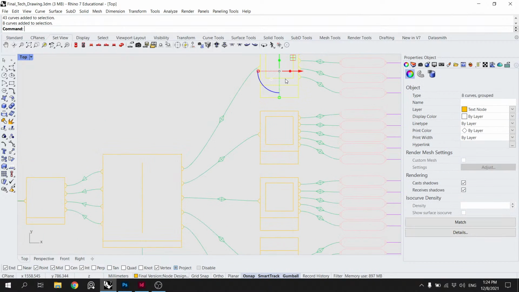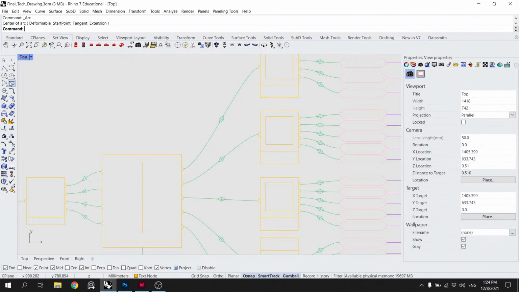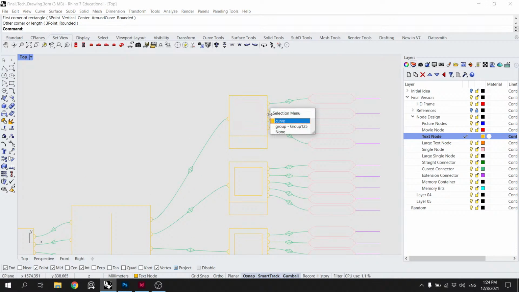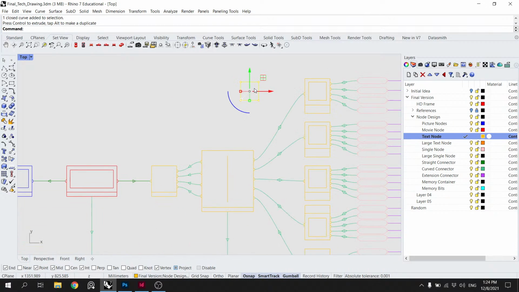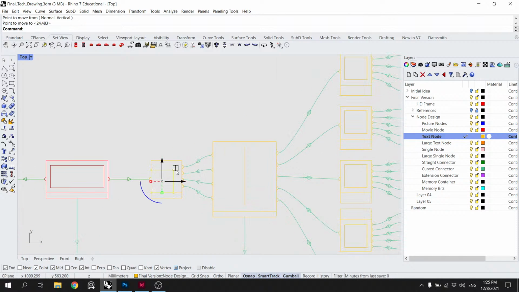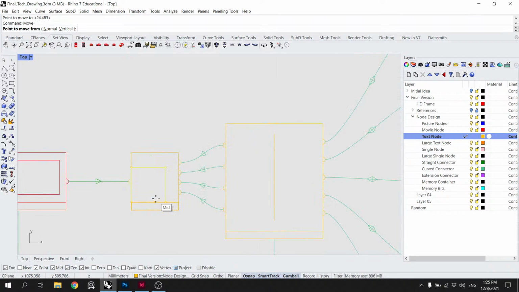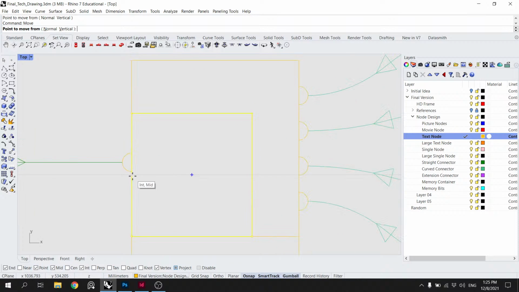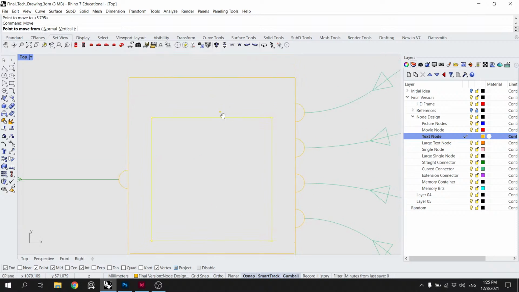So what we do is, I guess, once we're in text node, we just draw a rectangle. Move it here, and then I guess we can move it from its not center, but from its mid to this mid, and then from this mid to that mid and back down.